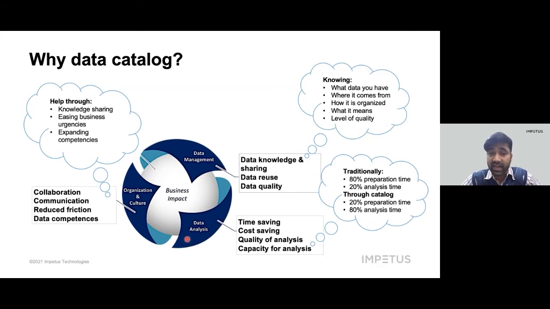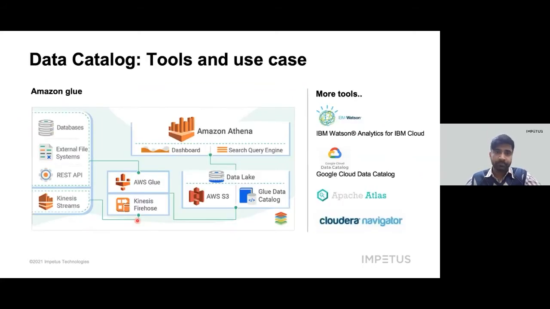Lastly, the impact it has on the organization's culture is something that's an indirect benefit. Why? Because if we have such good collaboration and communication between the business teams, and such good information available handy, business urgencies, I believe, can be handled well, and thus it creates a very eased-out kind of environment, which is why it has a very good impact on organization's culture. Moving to the next slide, we will talk about AWS Glue as one of the data cataloging and metadata management tools.